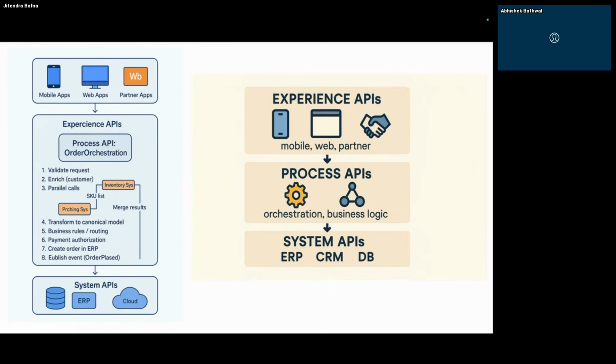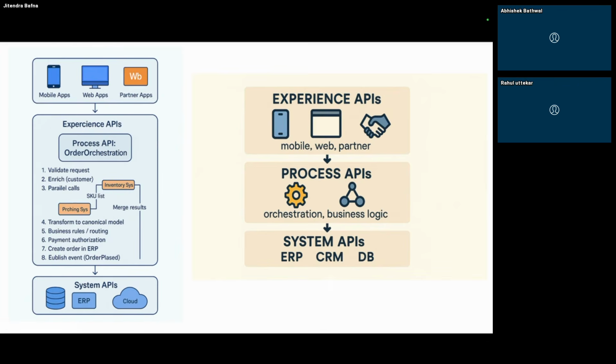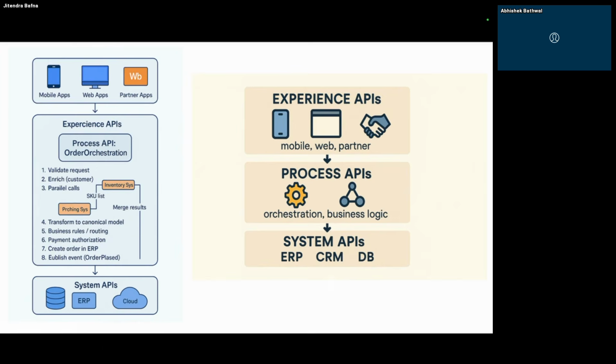No, I was just saying, I just want to give you a small real life example to explain this API-led architecture with experience, process, and system. So now suppose you are doing booking for your train or flight. Any travel booking you want to do. So you as a user, you will log into a dashboard, and then you will search for the date and the availability, all those things you will do, right? It can be your desktop, it can be your mobile app, anything. So the end system.